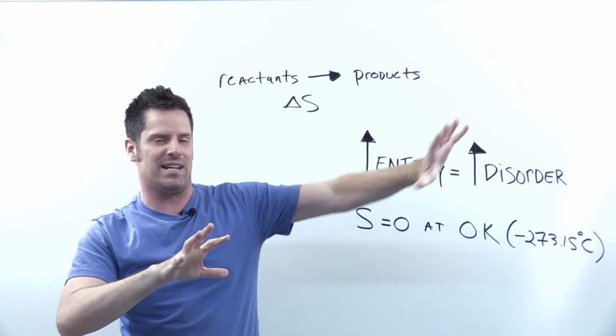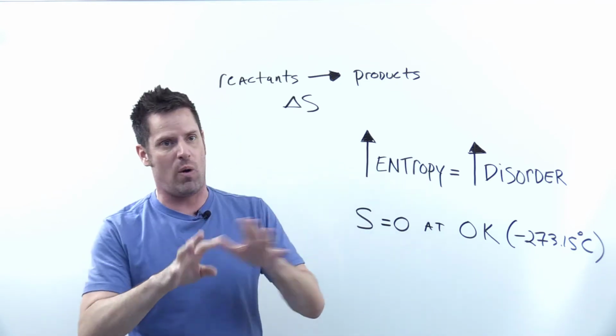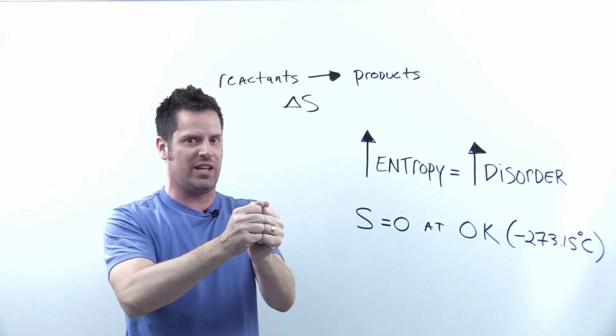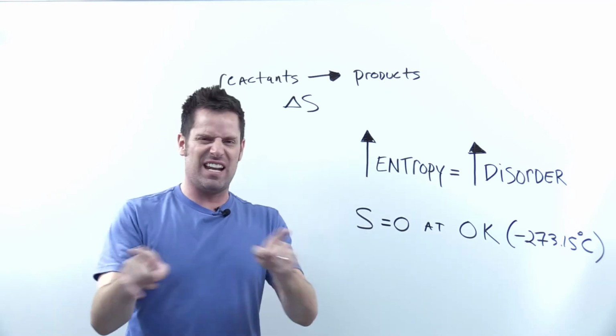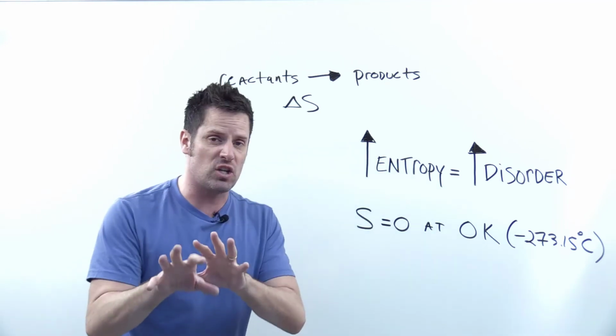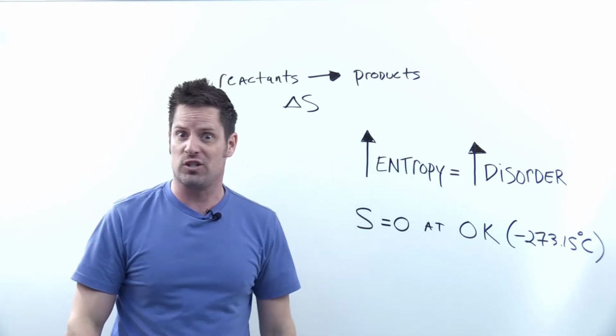So we went from really high entropy to medium entropy all the way down to very low entropy. At no point is the entropy ever going to be a negative number, okay? And it's only going to be 0 ever if we go all the way down to solid and then plunge it all the way down to 0 kelvins, okay? So with that information in mind, let's see if we can cross off some of our multiple choice options here and end up focusing on whichever one is correct.